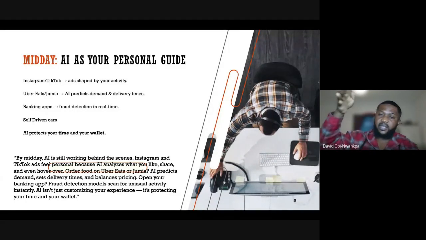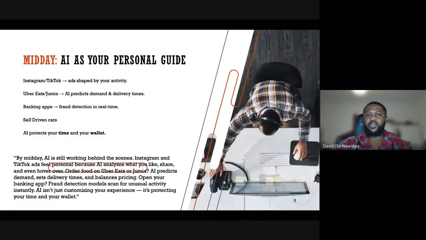They still pay the service for the ride, but it's a flex on its own, because no one is driving you and it's safe, because it has been trained on the routing of the maps. It has been trained on where the traffic lights are. It can detect where cars are at the front and at the back, as well as the lane positioning. It's crazy what artificial intelligence is doing at this time, as well as AI protecting your time and your wallets. I've made mention of that before. So that's AI in the media.